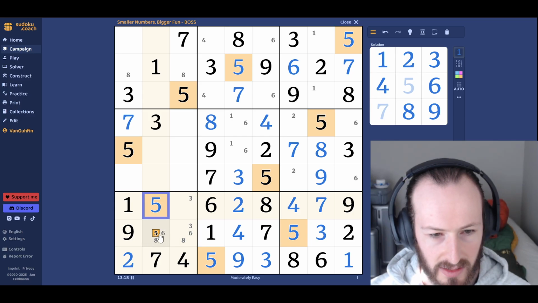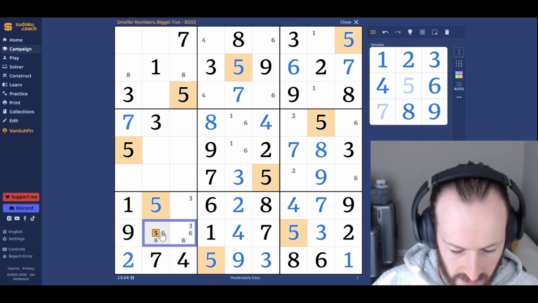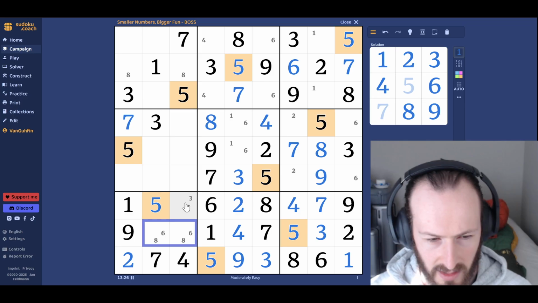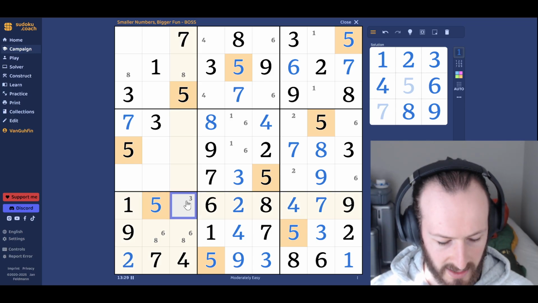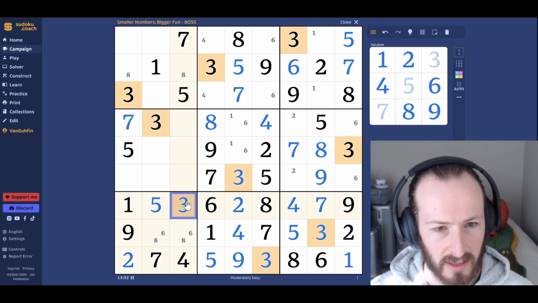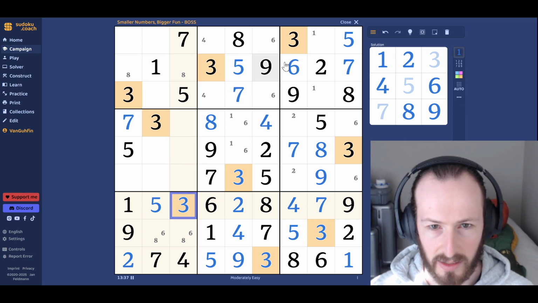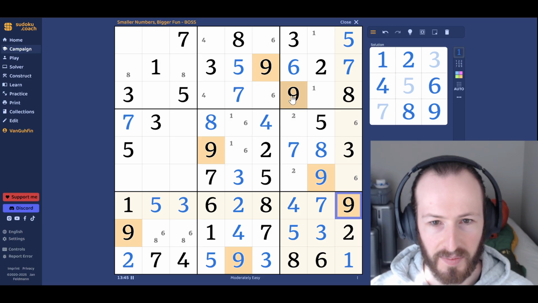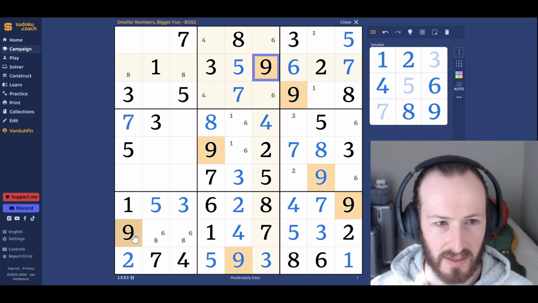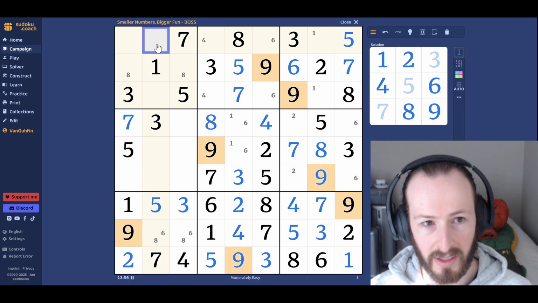So now this can only be a 6 or an 8. This can also only be a 6 or an 8. So I think that has to be a 3 in box 7. And it is. 3s are done. I'm guessing I had all the information to solve that already. Okay, what number was I on? 9? I was. So the box 3, 2, and 7, 9 solve for the box 1, 9,